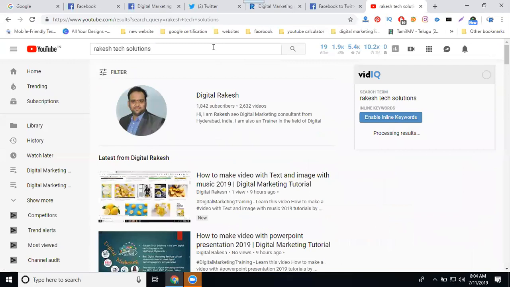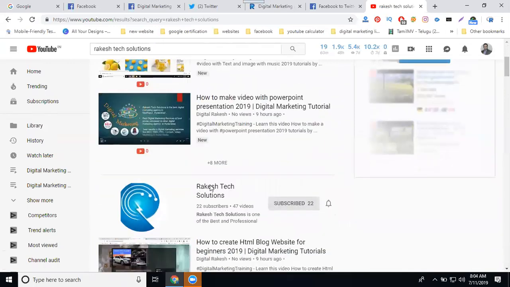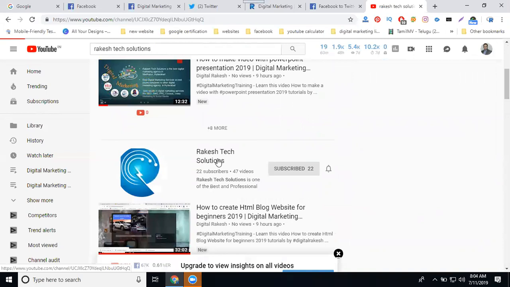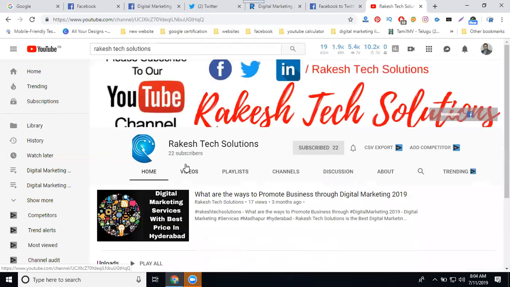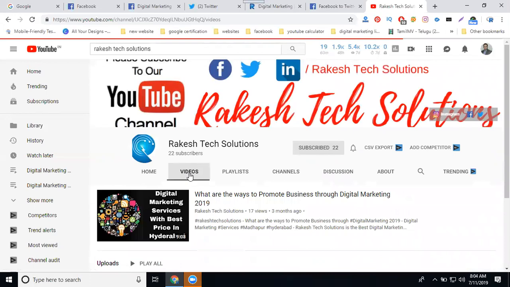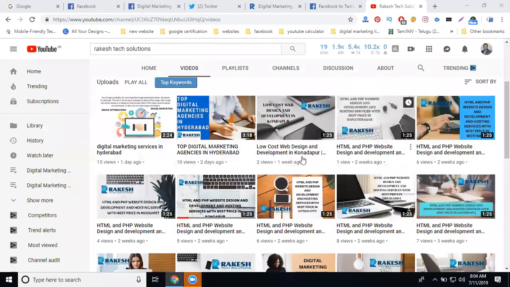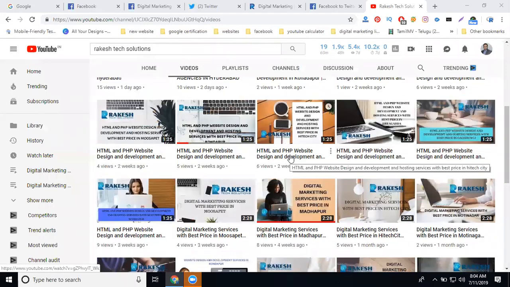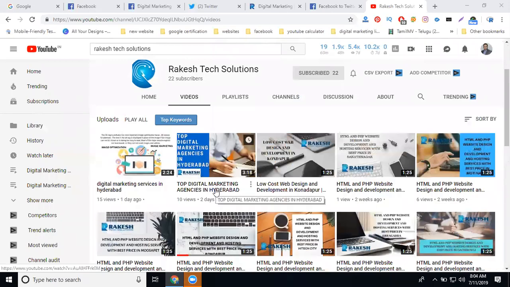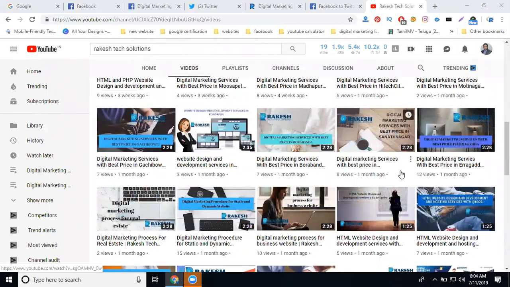This is very important. The posts you have done are automatically done from where? From the Facebook page to the Twitter wall. So in this I'm selecting here. Anyone you can select here.